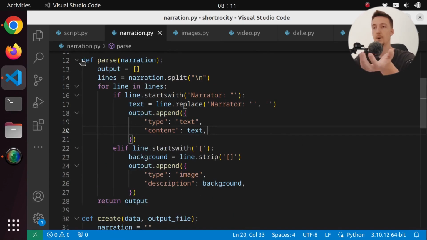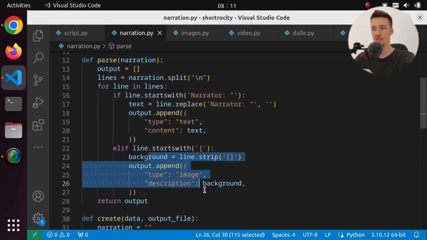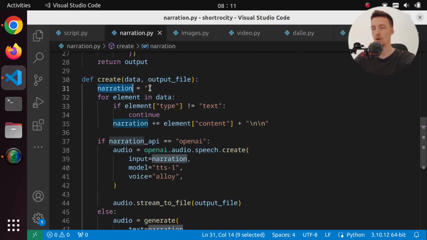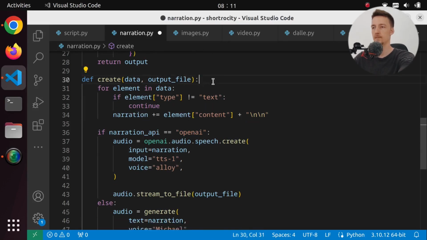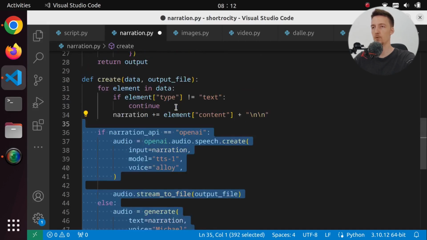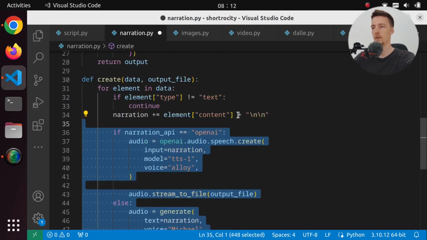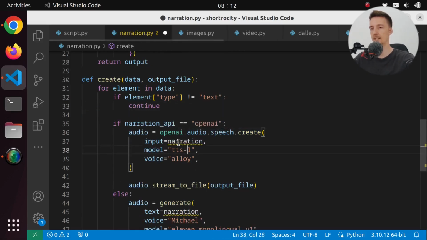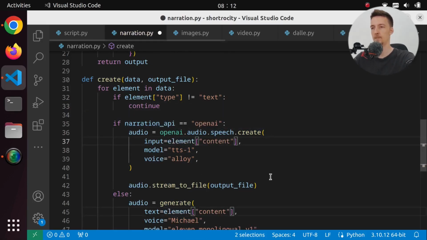So basically in this parse function, we parse the narration and the images from the output of ChatGPT. And then in create, we combine all of the paragraphs into this one narration string. But what if we don't do that? What if instead we do this directly? We move this inside of this loop and we pass the content directly into the input here. So then we create